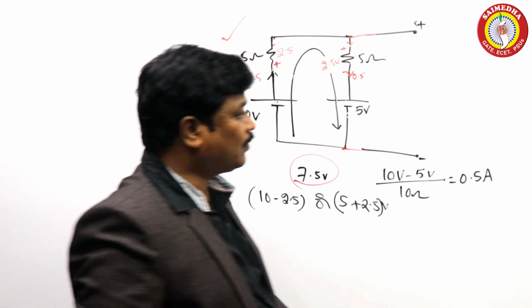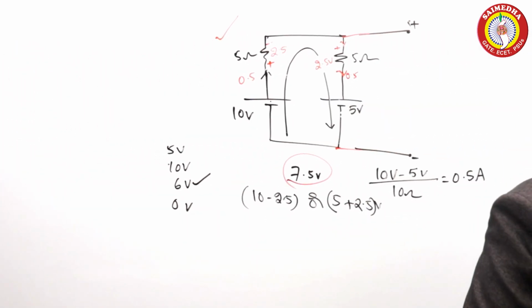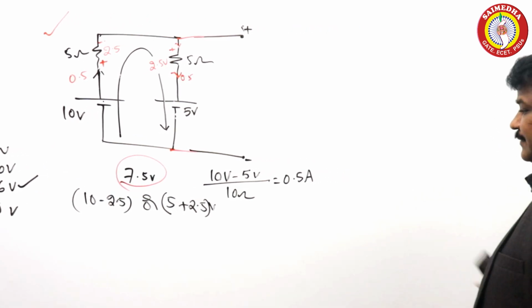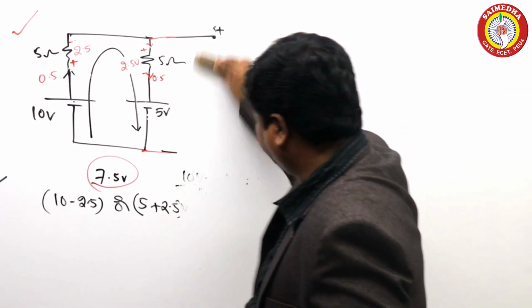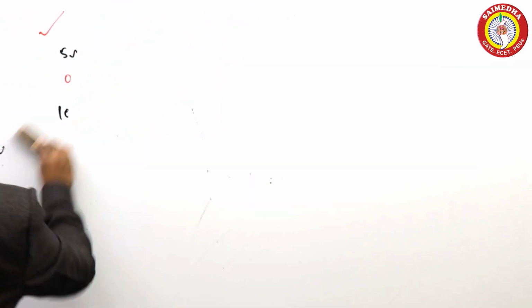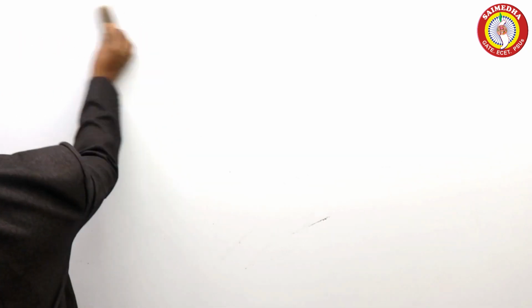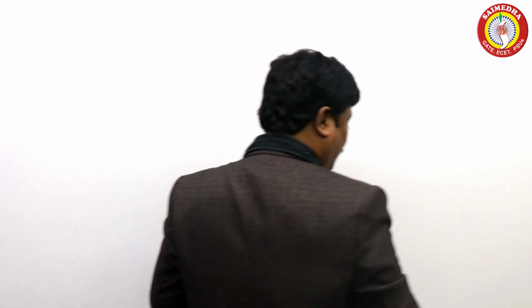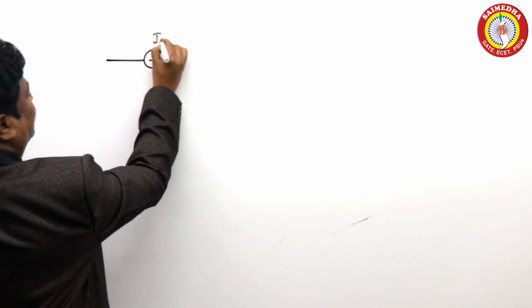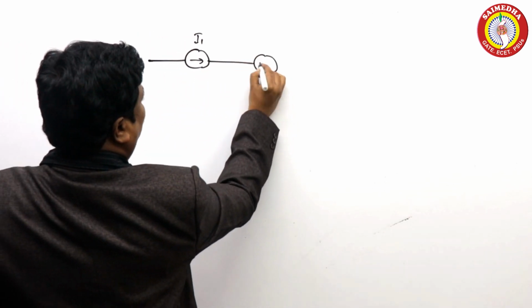Similarly, coming to current sources, we have I1 and I2. They are connected in series. Ideal current sources, if they are connected in series, what will happen here? You see, this has some current source of I1 and the same current source of I2.